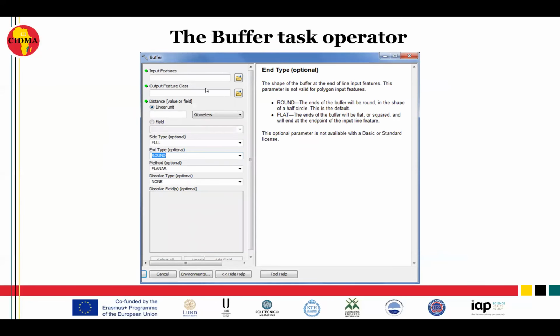So let's see the buffer tool operator. There is probably in all GIS programs a buffer tool, because this is a very